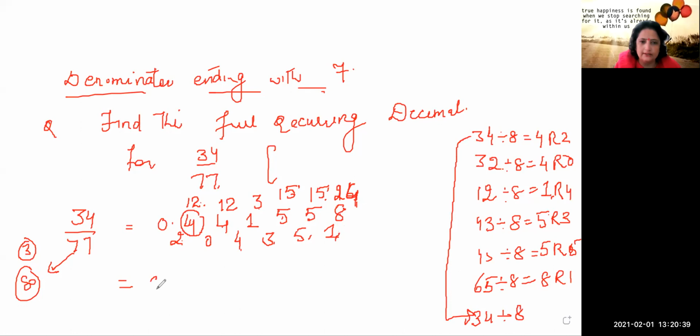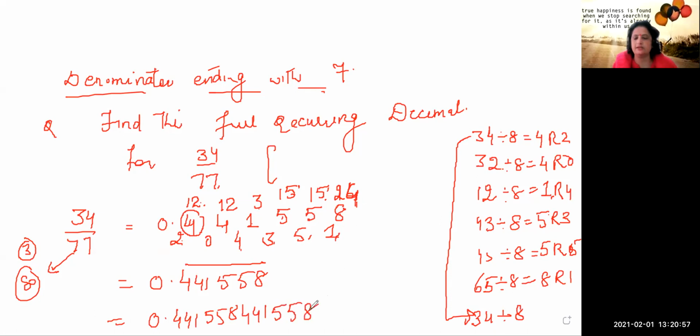So therefore the recurring decimal in the category is 1558. ये पूरी बेड है जो बार बार रिपीट करेंगे. It means what answer you are getting? 441558. फिर कितना आएगा 441558. Right? Is it clear? So this is the answer. चलता रहेगा. जब आपने देखो बार लगा दिया then you will not write after the last digit. यहाँ पे आप dash dash dash, क्योंकि आपका ये जो है ये बार बार repeat करना.